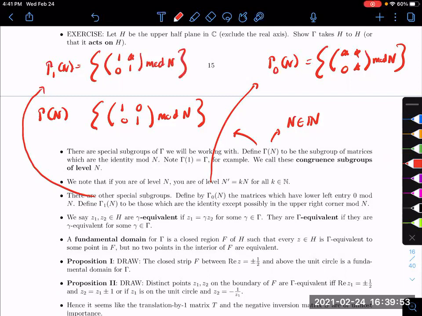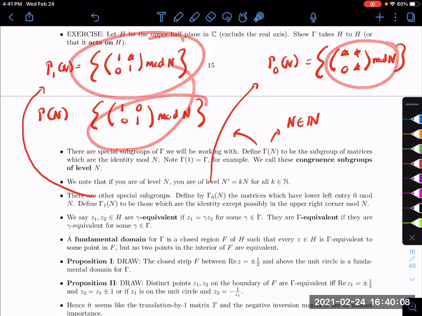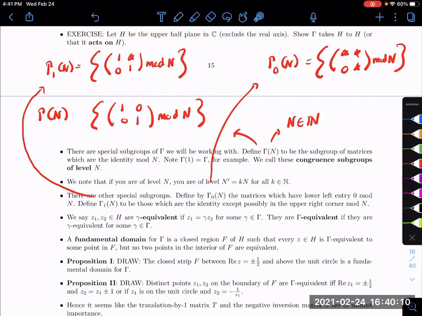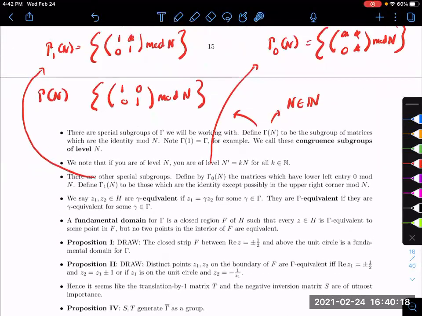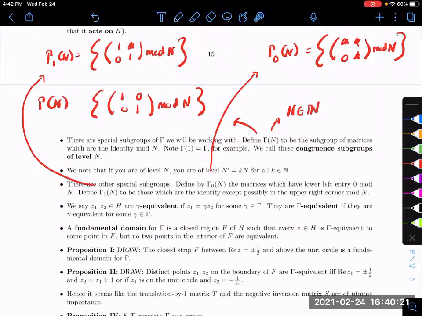Okay, so you can check these are all subgroups. I want to emphasize I'm pulling these out as subgroups of SL2, right? This one isn't obviously in SL2, but I'm requiring that they also live in SL2Z. Okay, so we've got these nice subgroups out of the way, the congruence subgroups, and then this gamma naught and